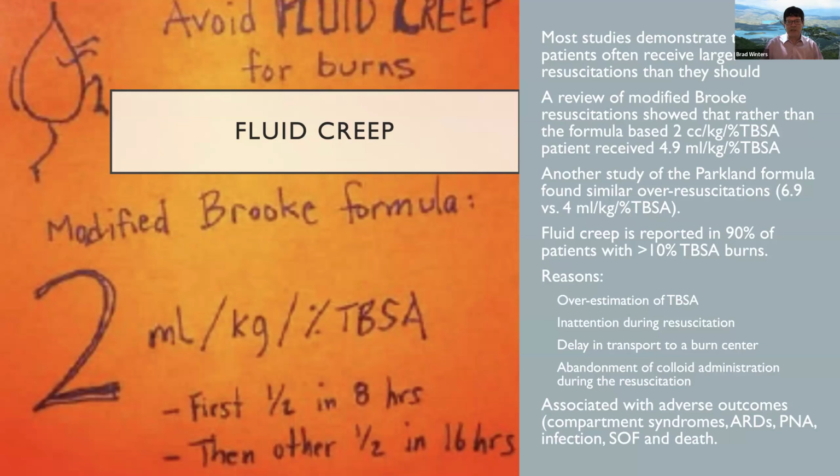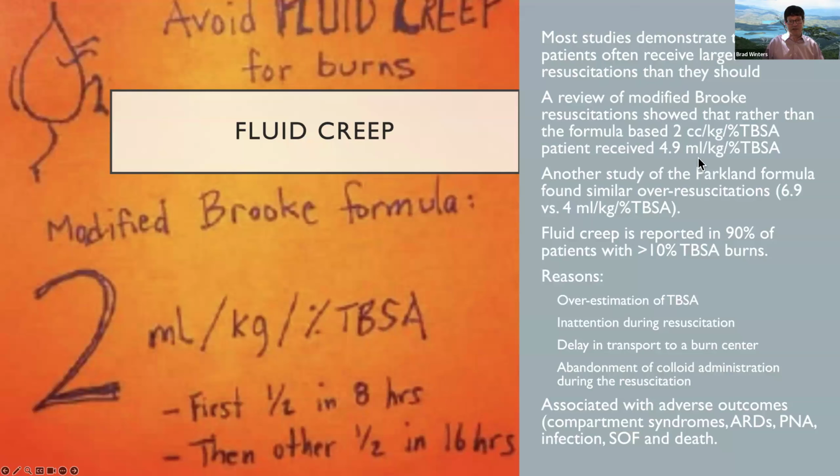In fact, we keep very close tabs on all of our burn admissions in our burn ICU about exactly how much fluid they got. And when we wind up with episodes where a patient had fluid creep, they got too much fluid, we try to reassess why that happened. Sometimes there are legitimate reasons to explain it, but often we just weren't as careful as we should have been. Okay. Almost every study will demonstrate that if you look at how much fluid a burn patient got, they very commonly get much larger resuscitations than they should based on the formulas.